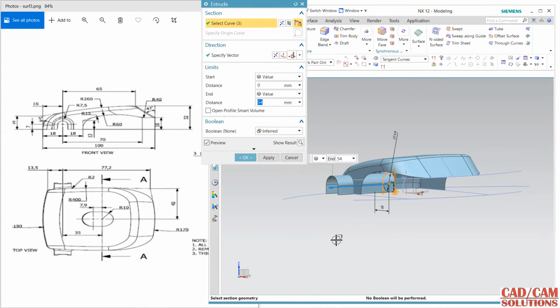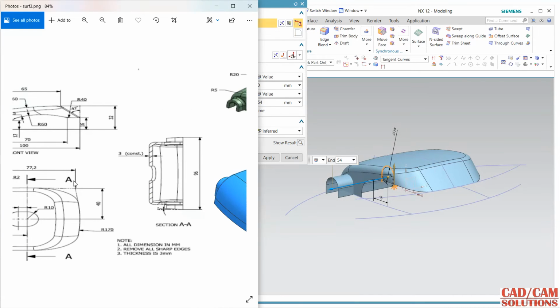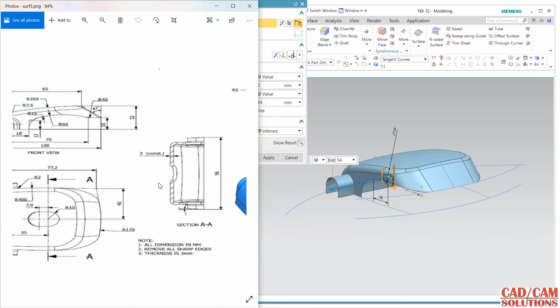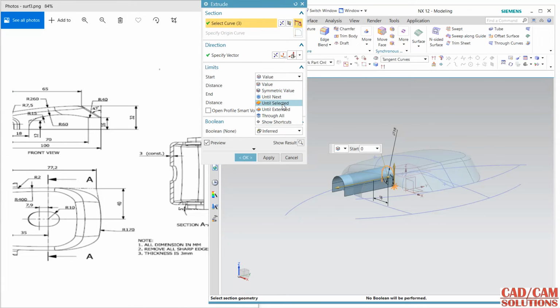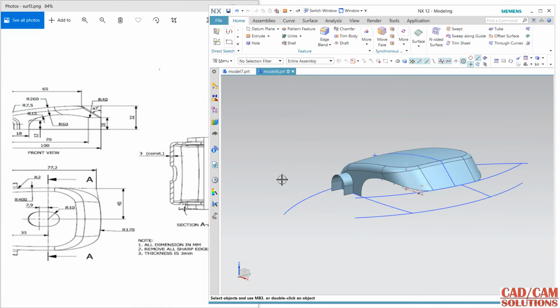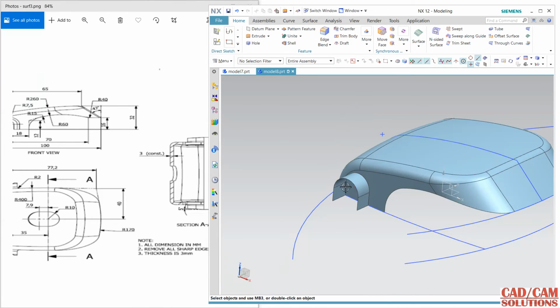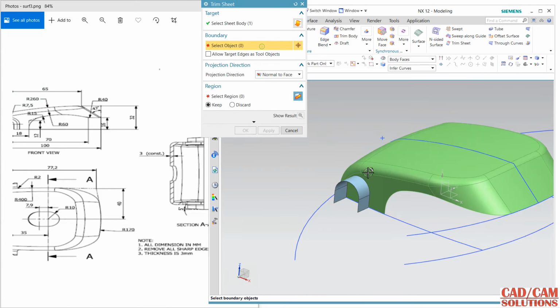My curve is this, and it is 96. Half of 96 is 48. 48 this side, and first side is from selected surface, so it will start from here to this direction. Okay, now I want to cut this inner portion, so trim this surface with respect to